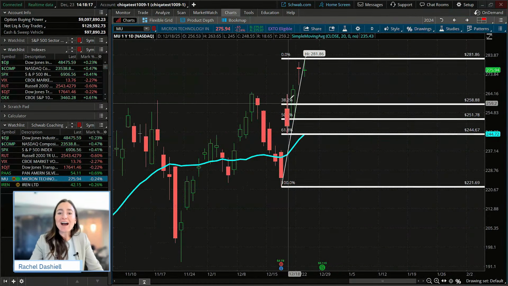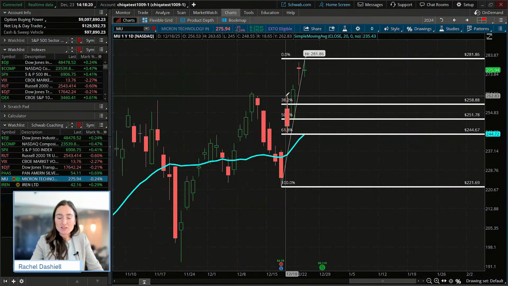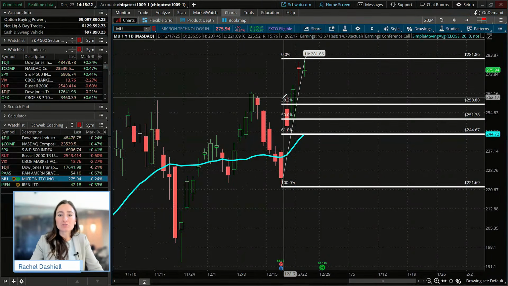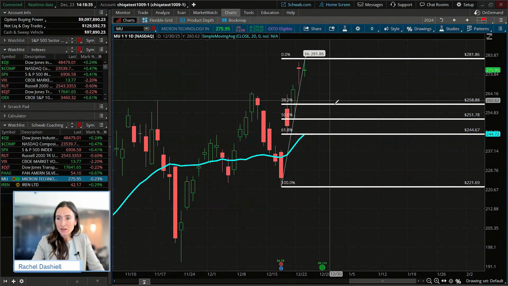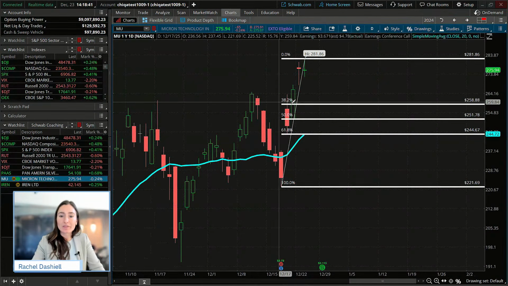So if we had a shallow retracement of this price, which a lot of times you do see, but sometimes you see a very deep retracement, all the way to that 61.8% level. What traders may do in this case, if they are already long in this trade, is have their stop placed at 258 or so, if price breaks below that 38.2% retracement.